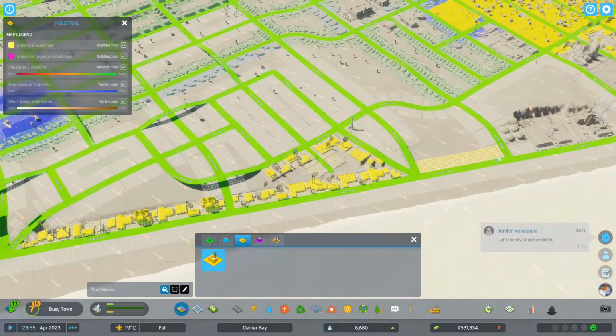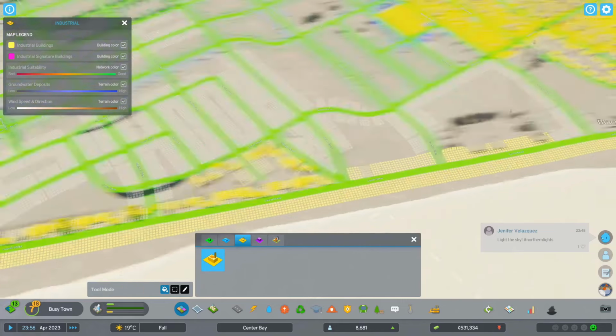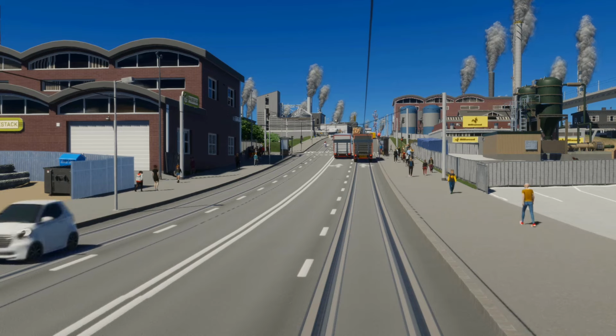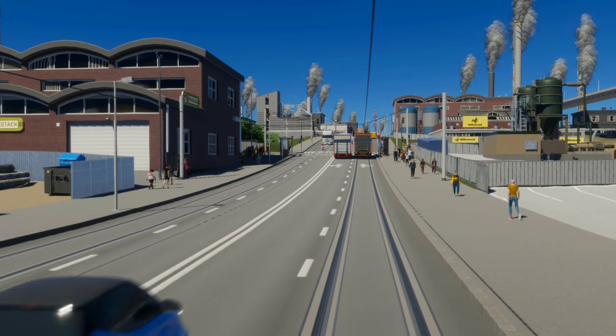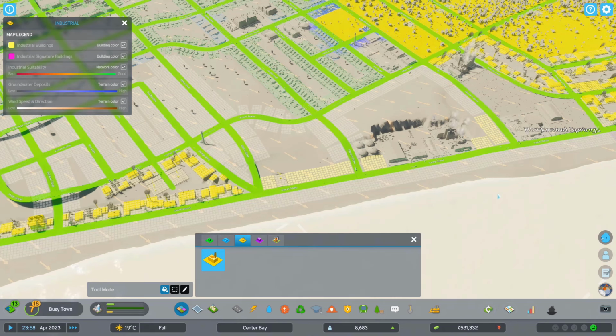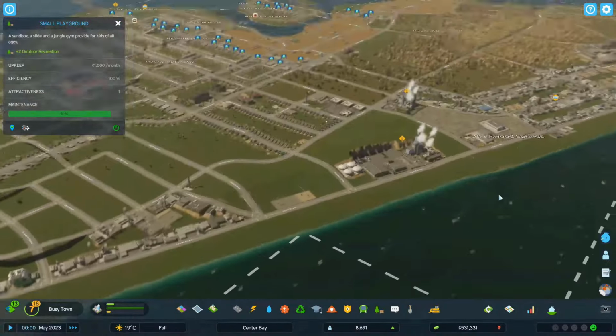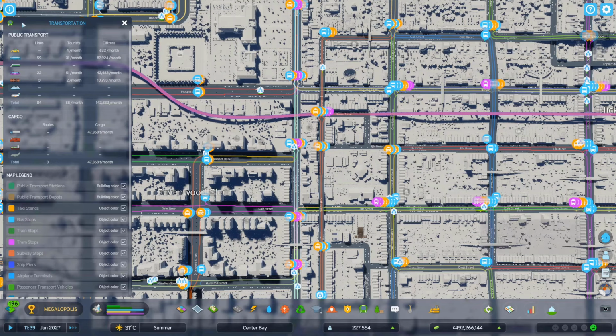Besides the polluter issue, you also benefit from clustering your industrial areas because it will be much easier to manage the traffic. The industrial buildings produce a huge amount of cargo traffic, so you don't want this part of traffic overlapping with the other functions of your city. Otherwise, there will be serious traffic jams.